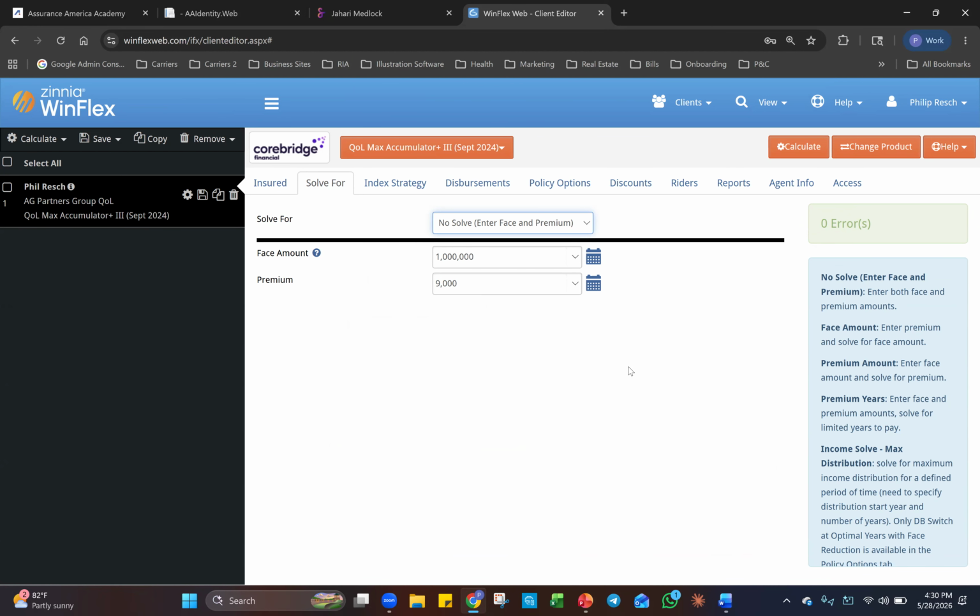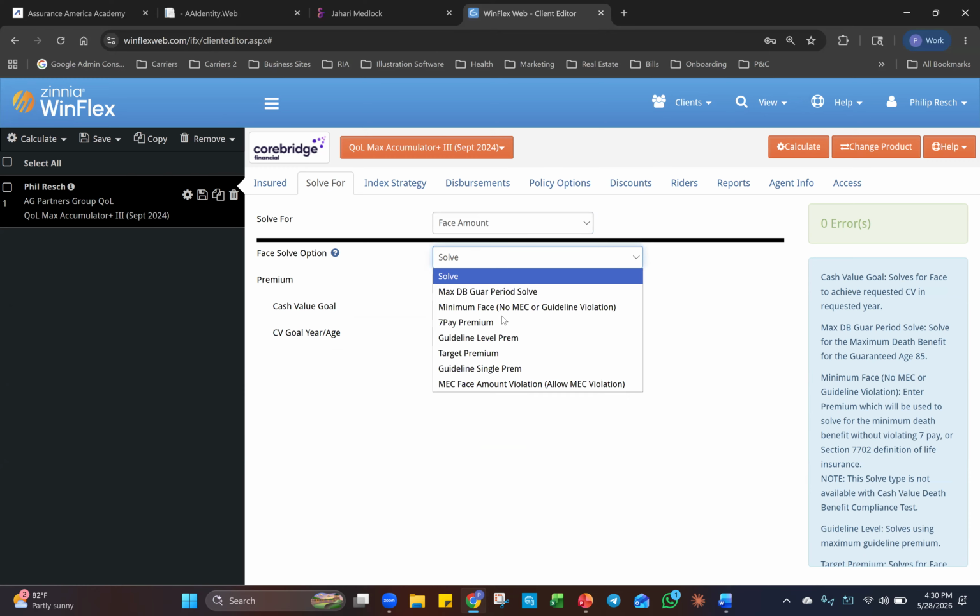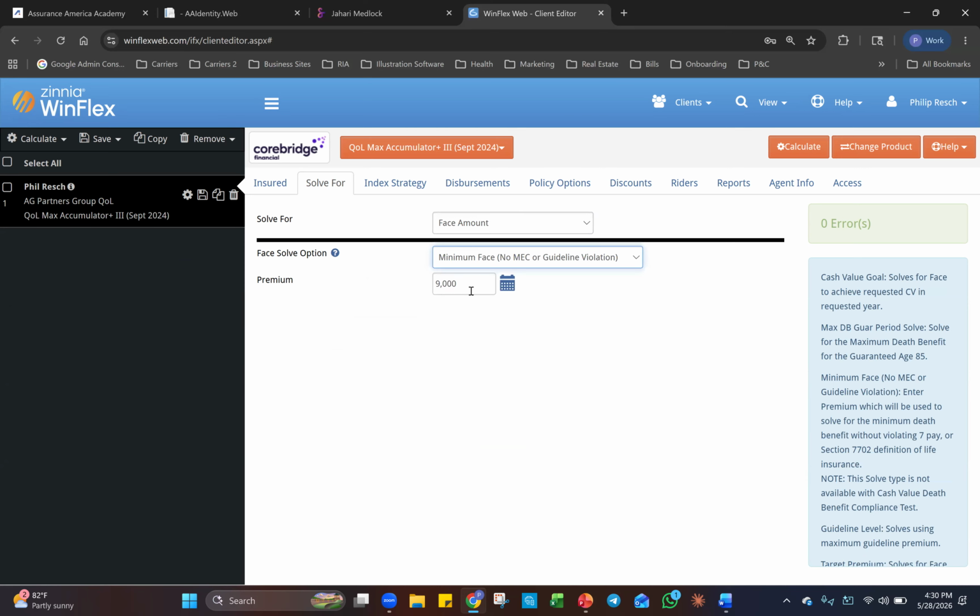the other variable. The first one, which is this product is an accumulation product. I should know how much my client wants to put in on a monthly or annual basis. And I'm solving for the death benefit. Okay. And in this scenario, I'm solving for the least amount of death benefit. So I have to solve for face amount because I know my premium. Face amount solve, and I want to solve for the least amount because I'm trying to get income out of